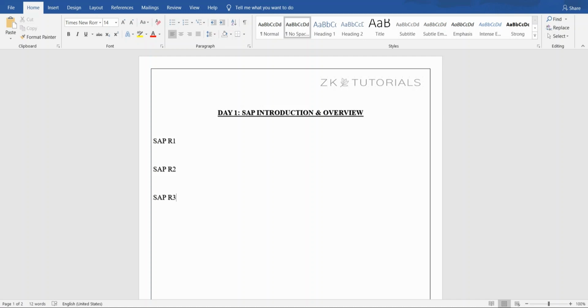So what are these layers? These are the hierarchy levels, the layers which are available in SAP. Slowly we improve. For example, when we go into the architecture part, we are going to see a beautiful topic on this called SAP architecture. At that time you will understand what this R1, R2 and R3 are. All these things, we slowly migrated and moved on until we reached